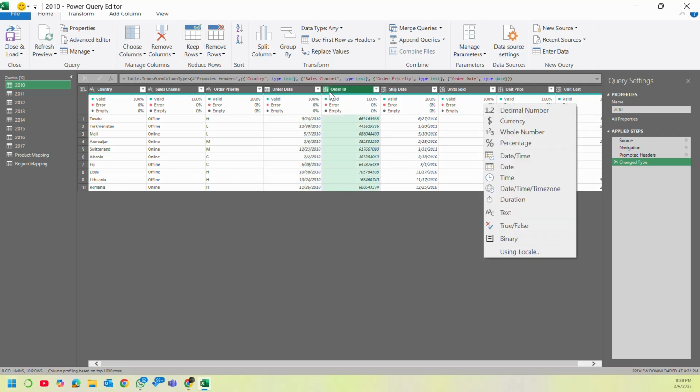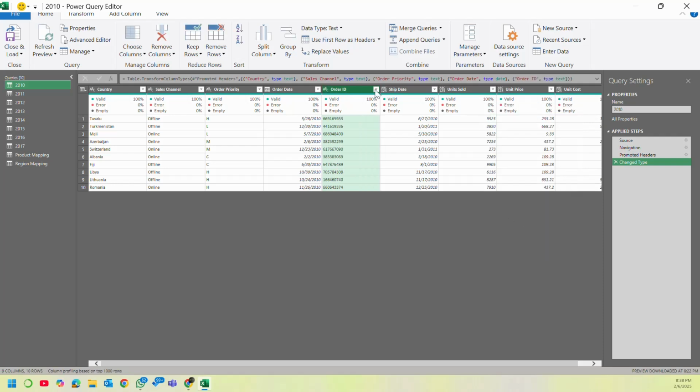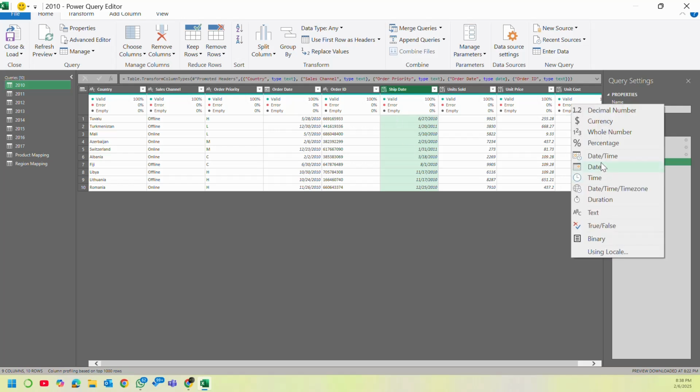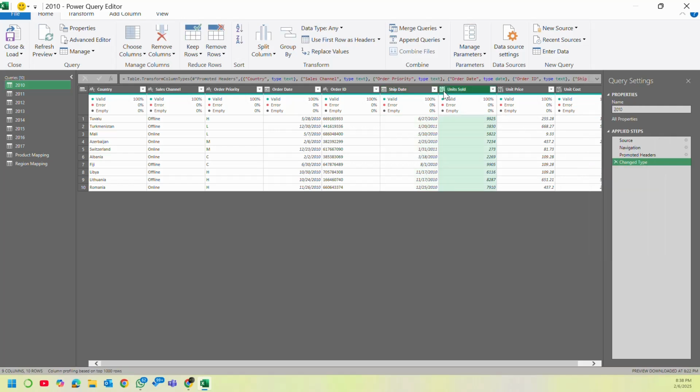Now I'll just do the same for this order ID. I'll put it as a text, because we're going to be using it to do some mapping. Shipment date is a date. Units sold is a whole number. And unit price